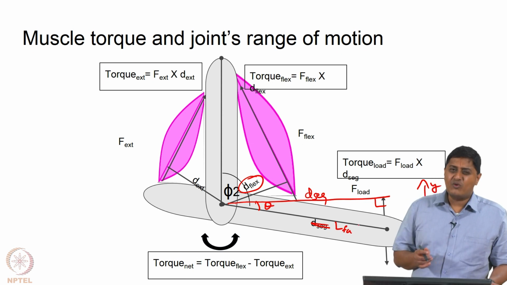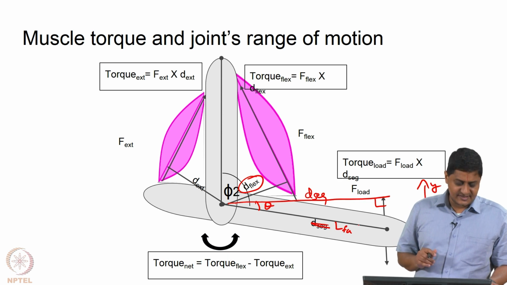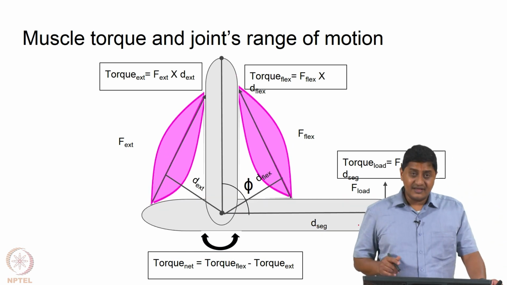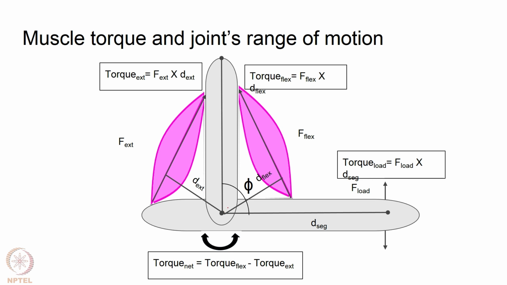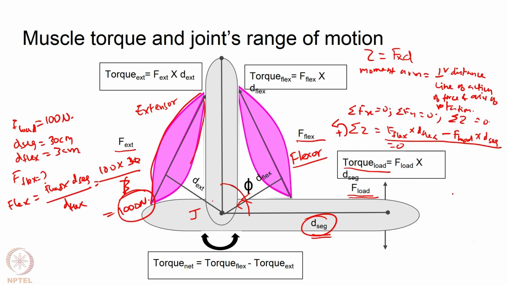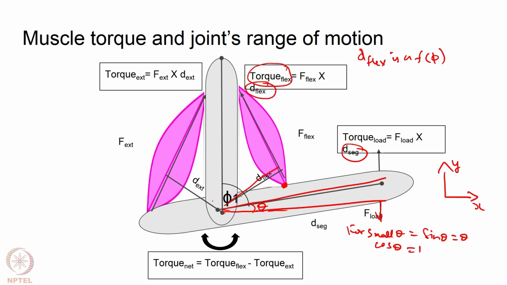But the situation is actually somewhat more complicated than this. So far I have only been discussing the case where there is only a single muscle. Actually what happens is there are at least two muscles that span this joint. Now that is the joint under consideration. If I want to flex, if I want to reduce the angle, if I want to do something like that from the neutral position, if I want to make the angle an acute angle, that is basically flexing. If I want to flex, that action is done by that muscle. If I want to extend, that action is done by that muscle or that force.